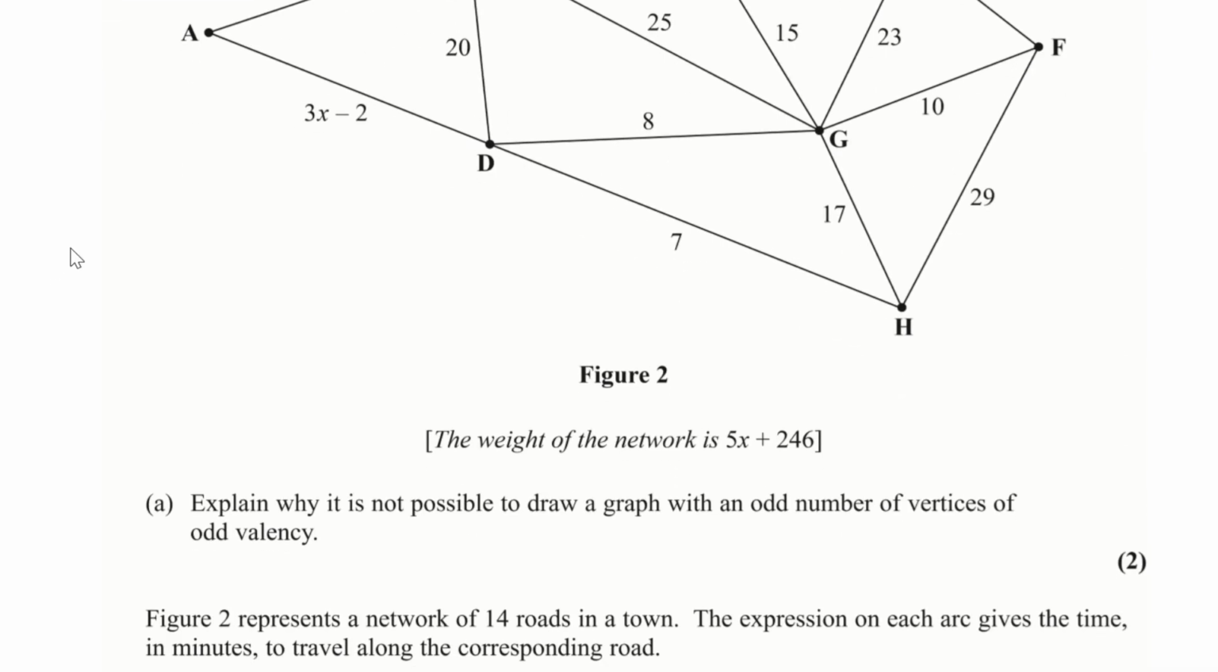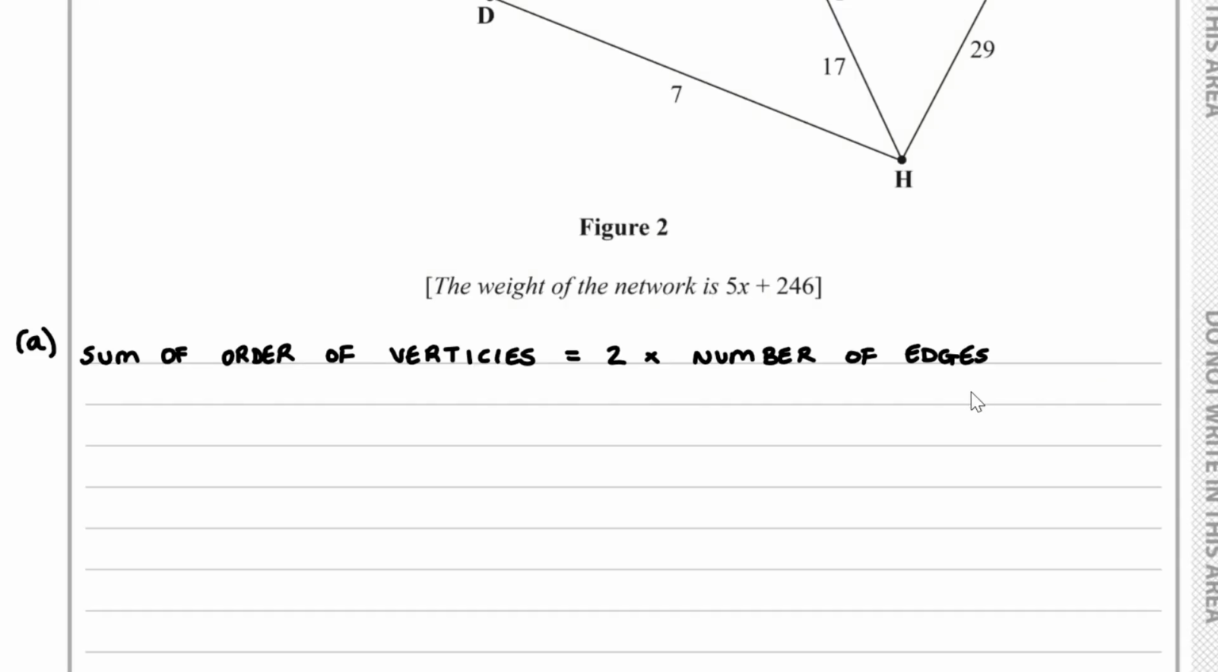Question number 3. For part A, we have to explain why it is not possible to draw a graph with an odd number of vertices of odd valency. So we know already that the sum of the order of the vertices is equal to 2 times the number of edges. So what does this mean? This means that the sum of the order of the vertices must be even. Now, what this also means then is that you must have an even number of vertices of odd order. And the way to think about this is,